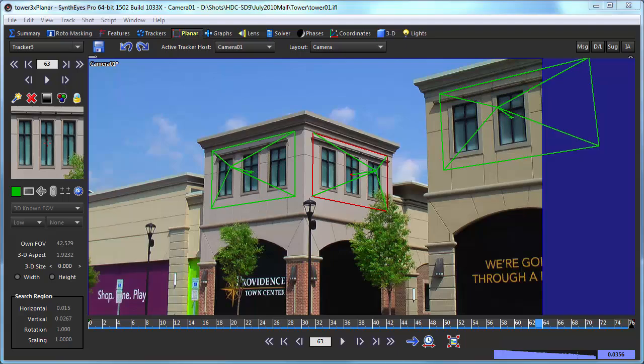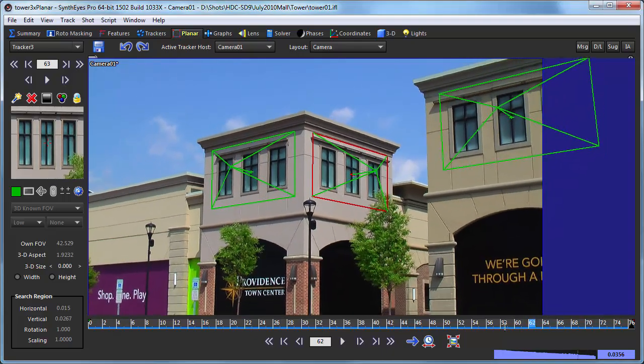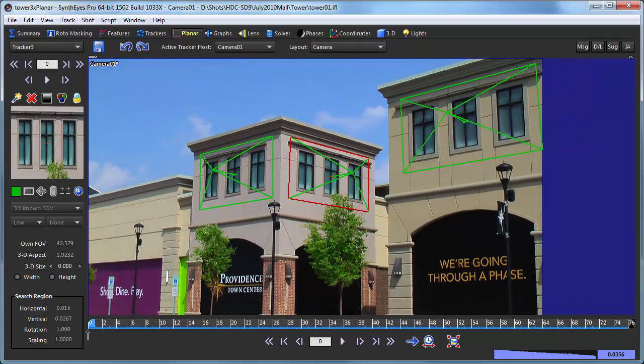In this tutorial, I'm going to show the export of planar trackers to Fusion as 2D corner pinning nodes. Now the scene that we're starting from is actually the final result of the multiple 3D planar trackers tutorial. So we've got three tracked planar trackers, and for this application we're going to be generating 2D corner pin nodes